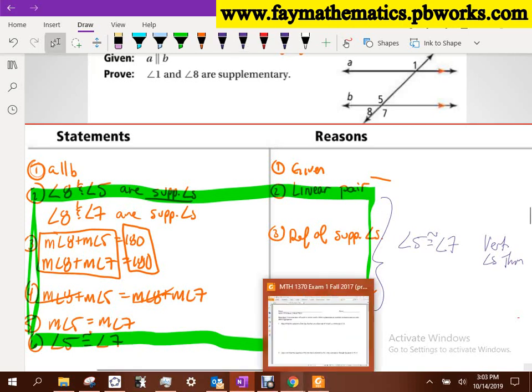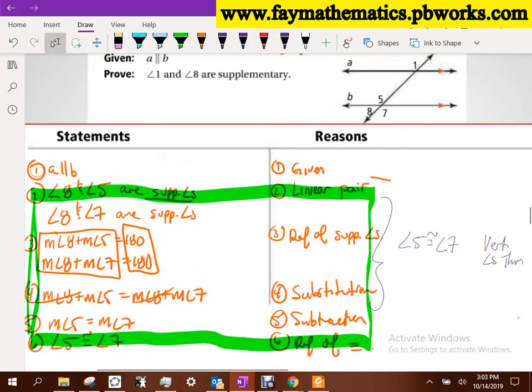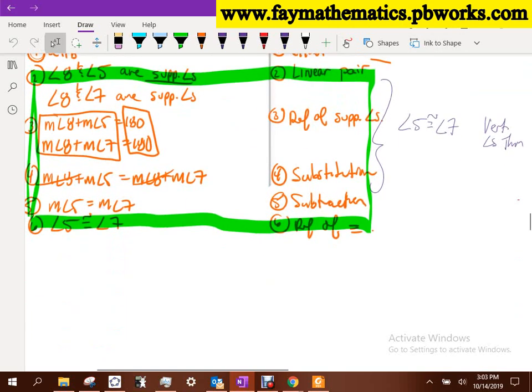So, regardless of the route we go, we eventually get angle 5 congruent to angle 7. Okay? Look back up at my picture. What else do we know? We said something about 1 and 5, didn't we? Earlier, but we didn't write it down yet. 1 and 5 are what kind of angles? Corresponding. So step 7, we'll say angle 1 is congruent to angle 5 because corresponding